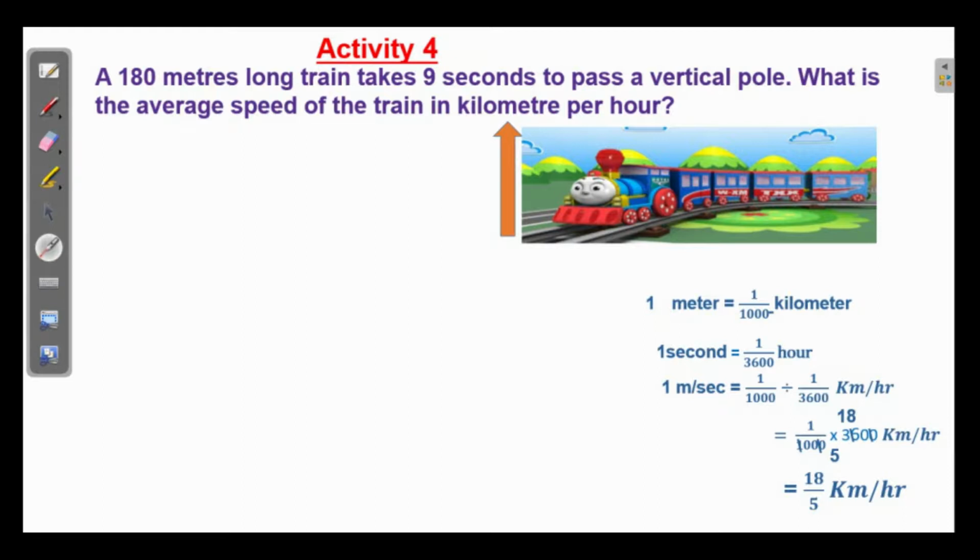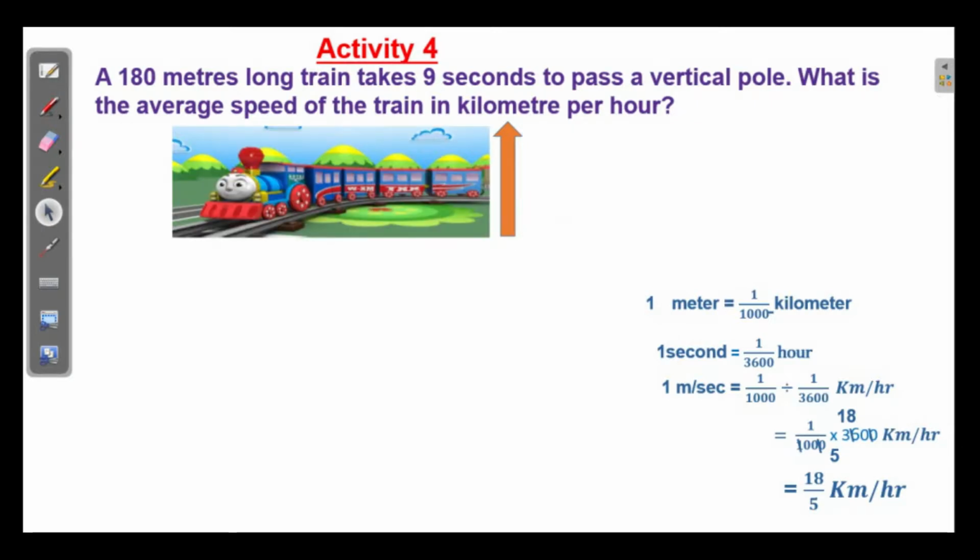Okay. Now see the train. Here the train is moving and this train wants to cross this vertical pole. Okay. Let us see that. Yes, the train has crossed the vertical pole. What is the distance travelled? The distance travelled is the length of this train. It moved and it came to the front. So, the distance traveled is the length of the train. Okay. So, we can write the distance is equal to length of the train.